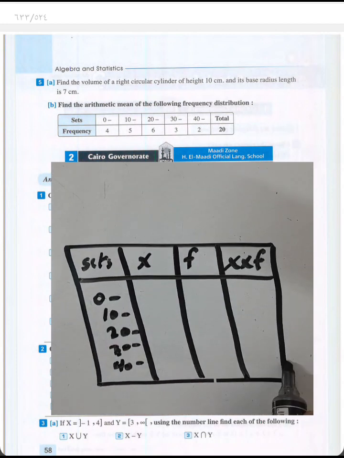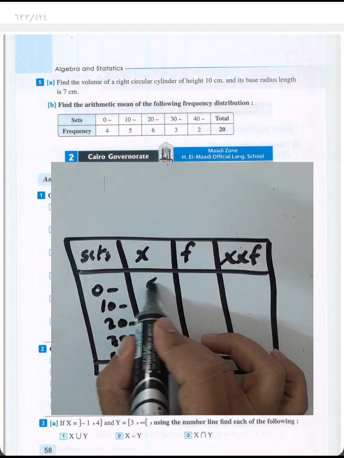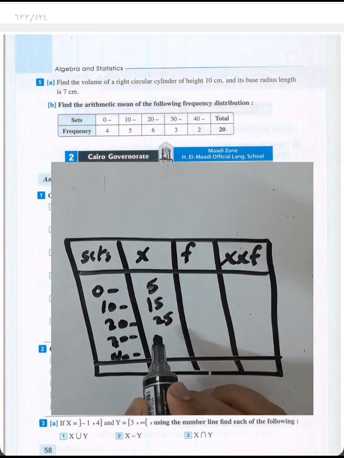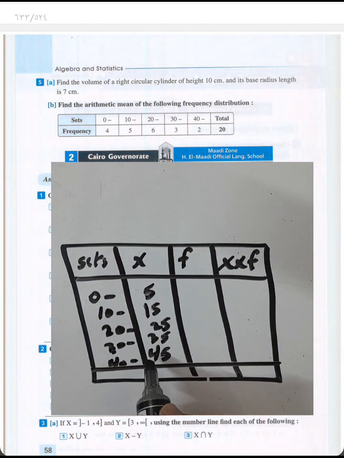Okay, 0 plus 10, 10 divided by 2 equals 5, and add 10 all the time. It will be 15, 25, 35, 45, and frequency here 4,